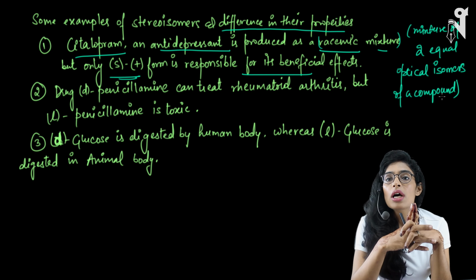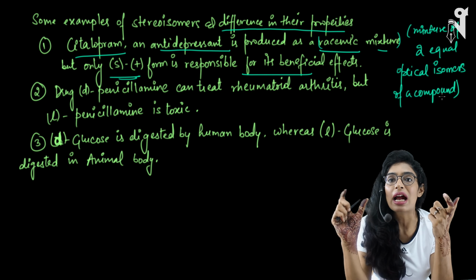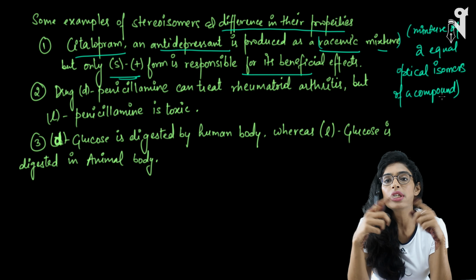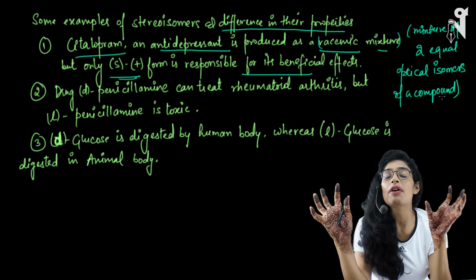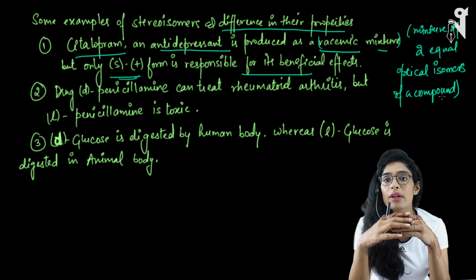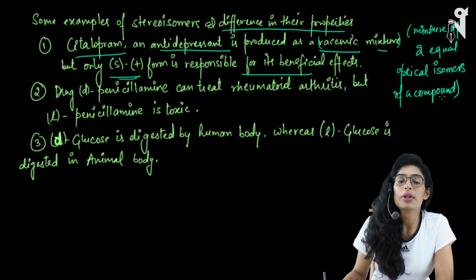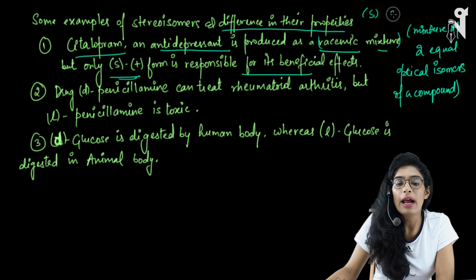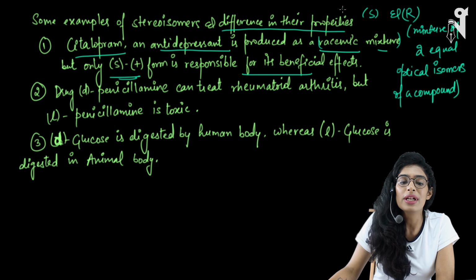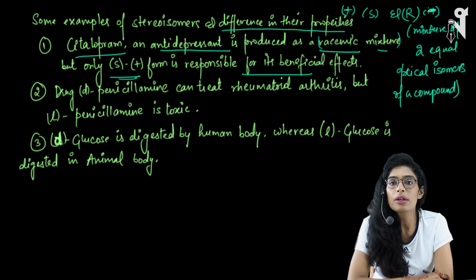That only tells you that the molecule is still same, the compound is still same, only the optical activity is different due to the change in the arrangement of the molecule. So when both of these kinds of isomers have been taken 50-50% mixed together, then the compound is called a racemic mixture. And we also represent the configuration as S and R for these. One we represent by plus and minus, another we represent by S and R. So these are some representations which you will be learning forward.